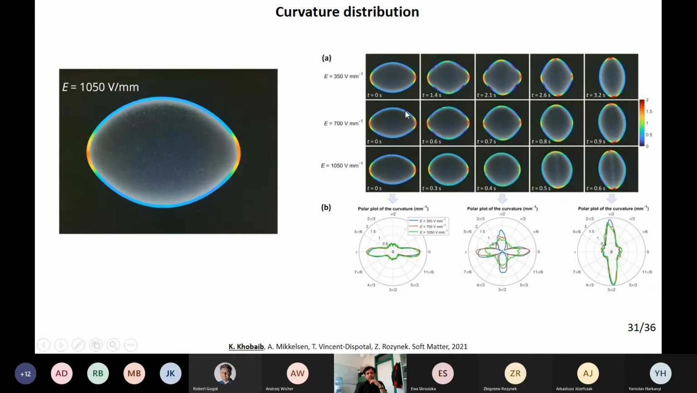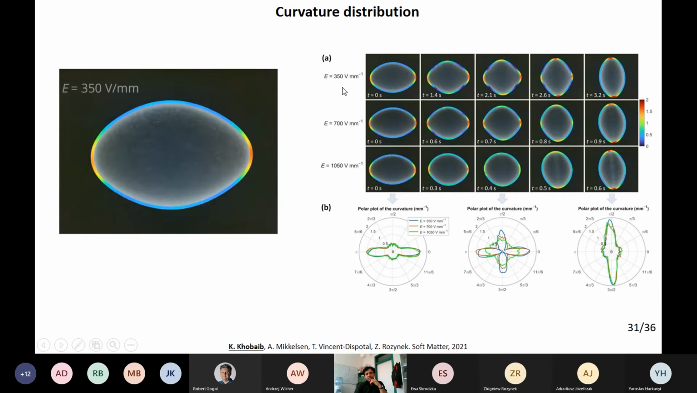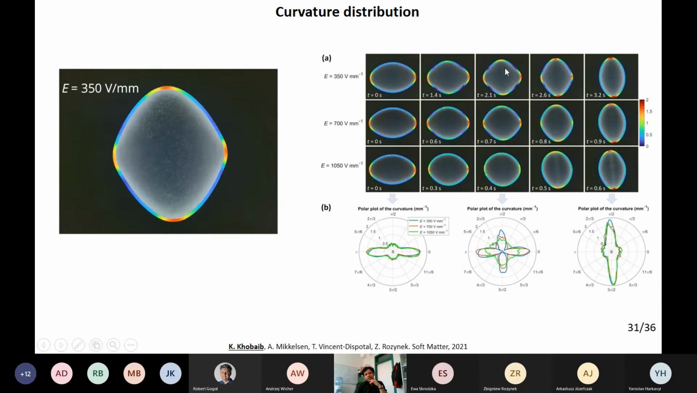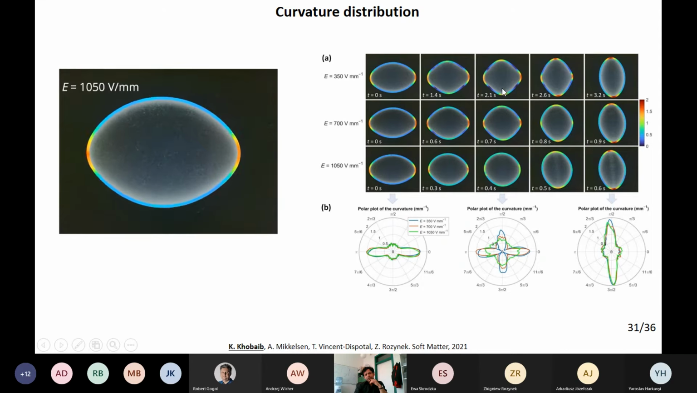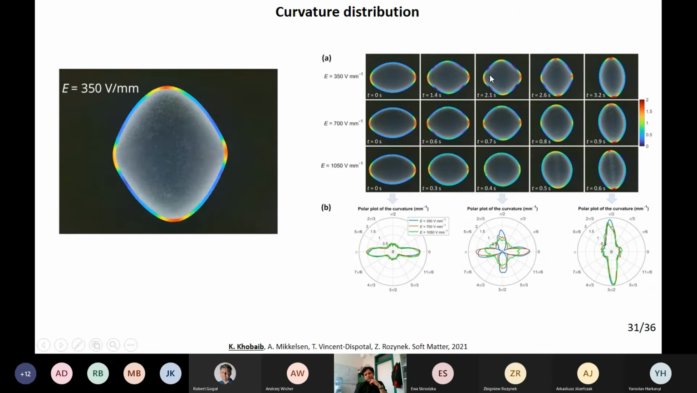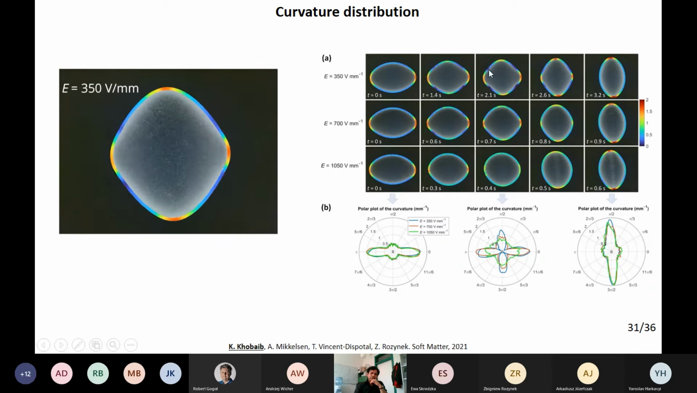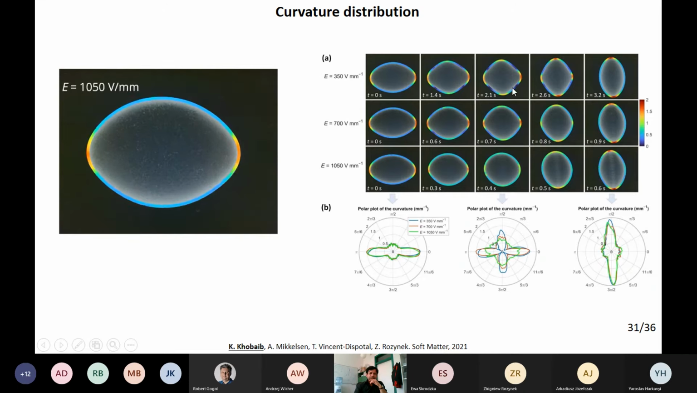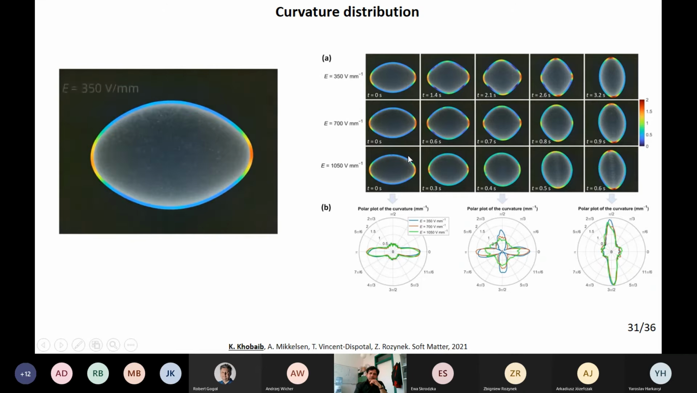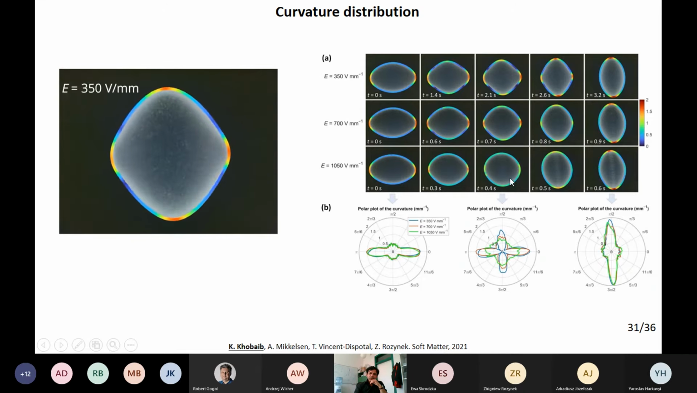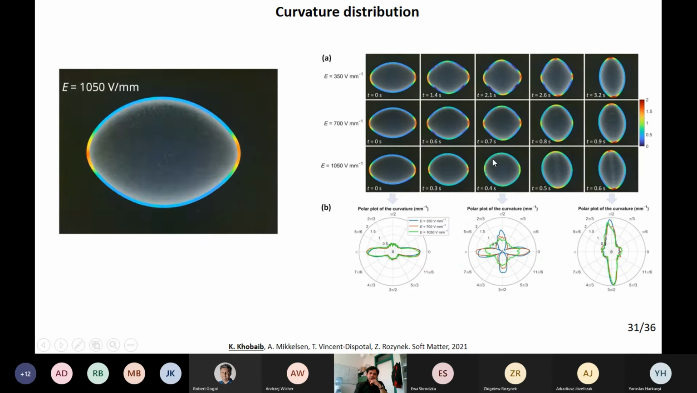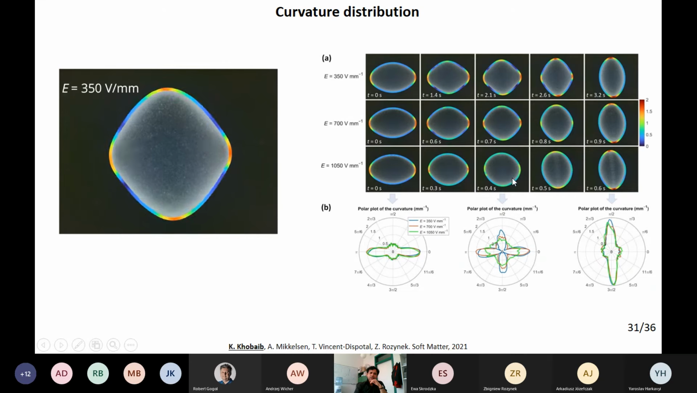But under the application of the electric field, when we apply the weakest electric field, we can see in the middle of the figure a rhombus-like structure, and the curvature was maximum at both principal axes. And at the ordinal direction, it was quite flat. But if we compare with the 1050 volt, when we draw the contour, it looks like a circle, and the curvature was distributed